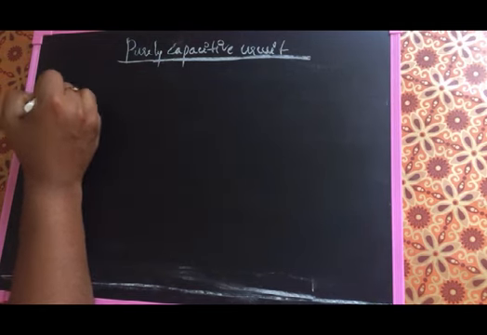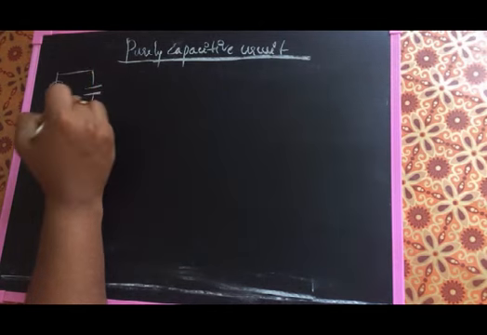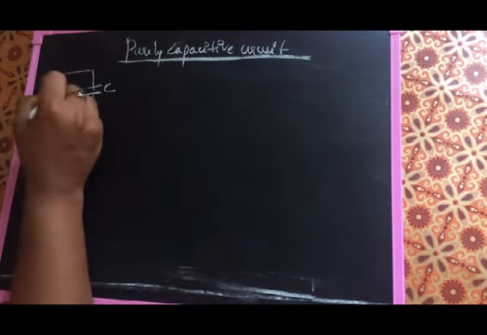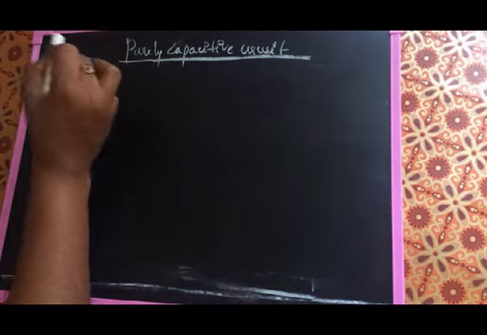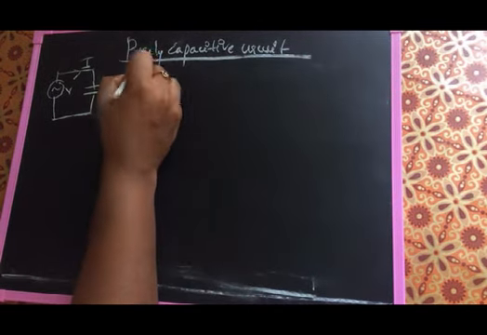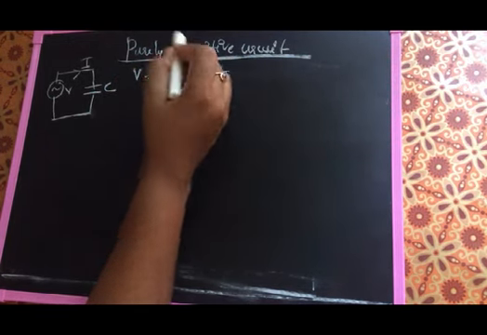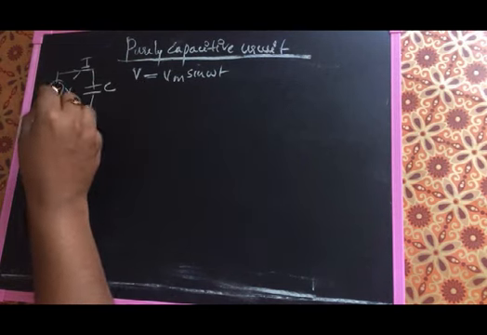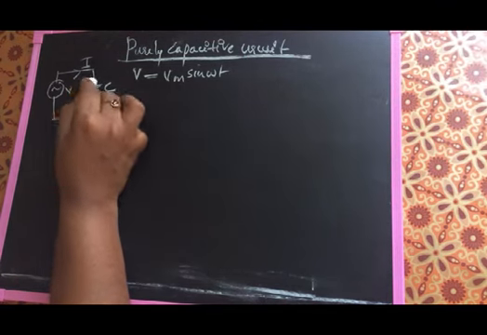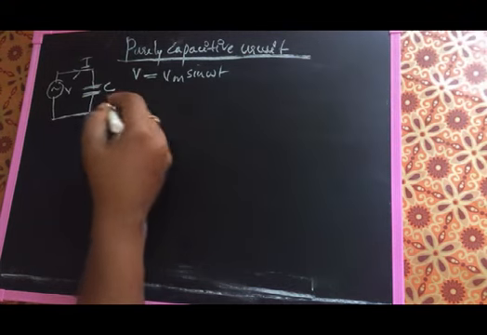So what is meant by purely capacitive circuit? Similar to the other two circuits, it is a circuit which has the only element as capacitor. So we are going to draw that. This is capacitor C and the voltage source V and current I flowing through it. Here we are going to derive the equation by taking V is equal to Vm sin omega t, where V is the source voltage. C and L both are storage elements that we have already learned in the classes.